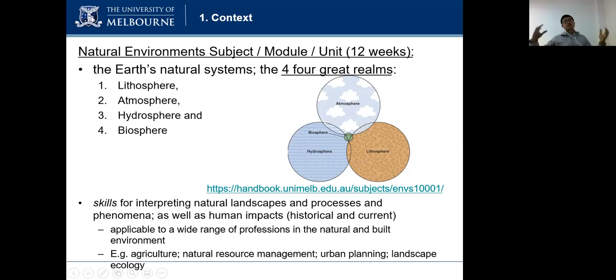So how those large systems operate individually, but also how they interact across the different spheres and intersect at any one place to give you outcomes of vegetation and soils and so on, and ecology. All right, so there's a bit more information about the subject here, bringing it from the broad global scale concepts and processes